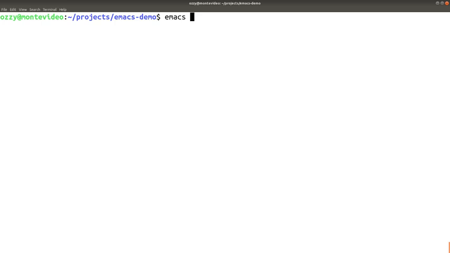You can either start Emacs by itself, or you can add an argument, and then Emacs opens this file. If it's existing, it opens up the file. Otherwise, it prepares to create the file. So this is an empty directory. If I want to create a new file,